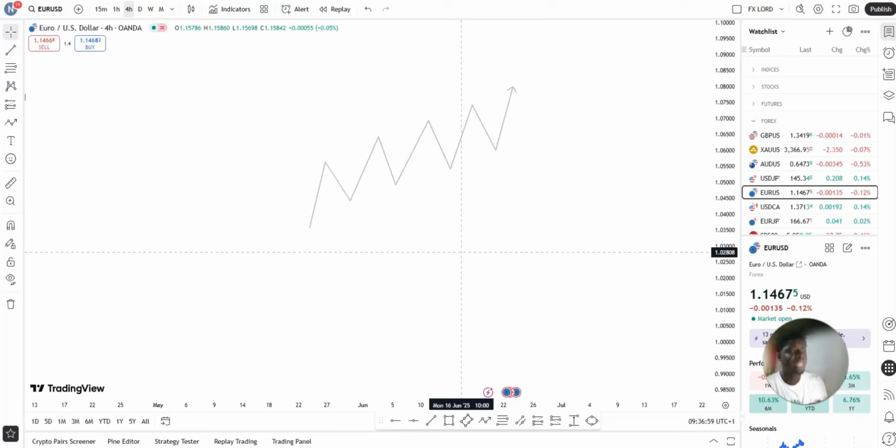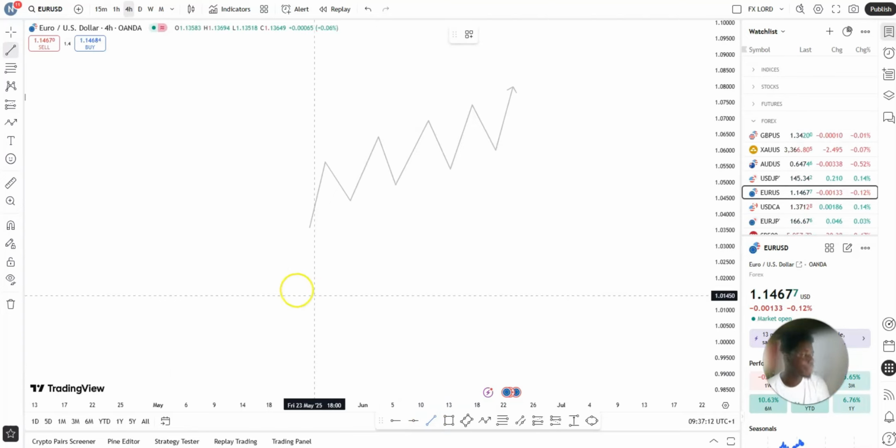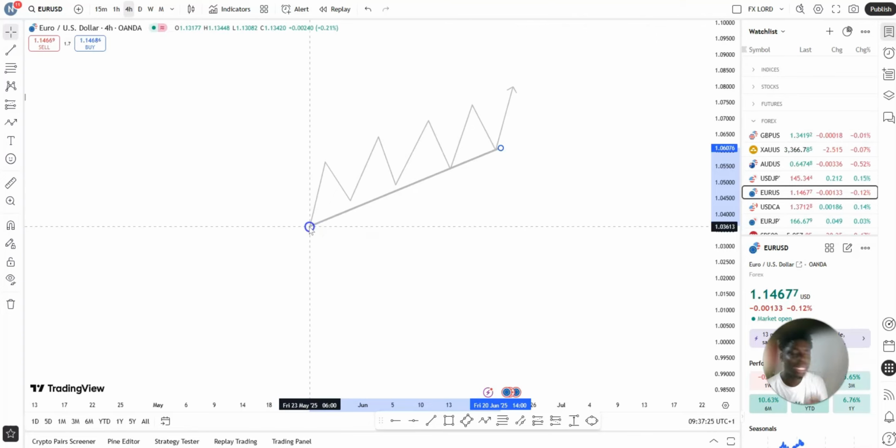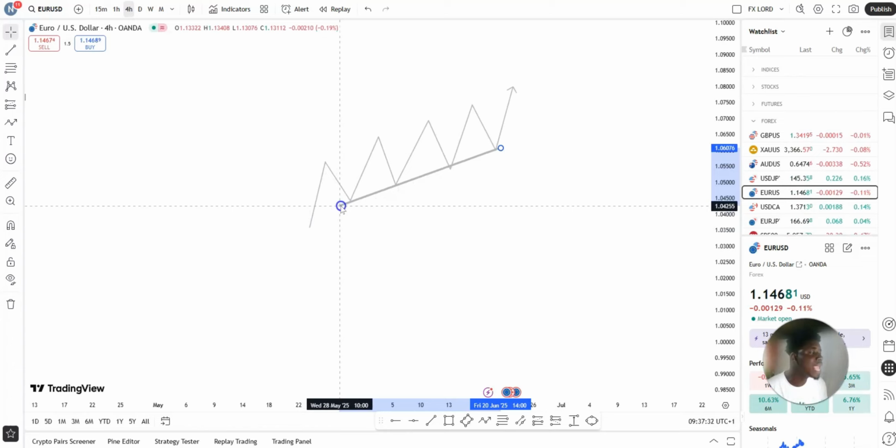How do you draw a trend line in an uptrend market, in a market that is trending upward? You want to draw the trend line from the bottom of the price. You want to connect these bottoms together. Many times the starting point does not connect well enough with the trend line to give you a solid line, so you want to adjust your trend line to where you are getting solid